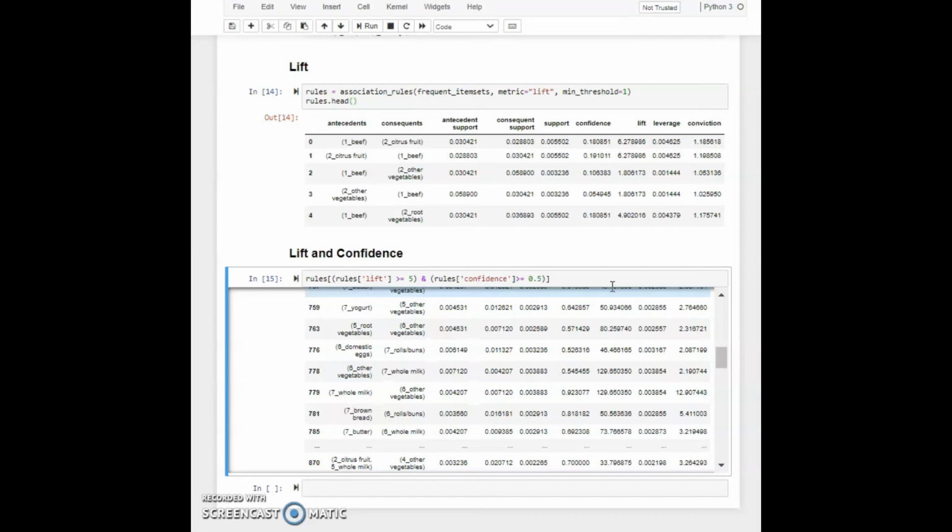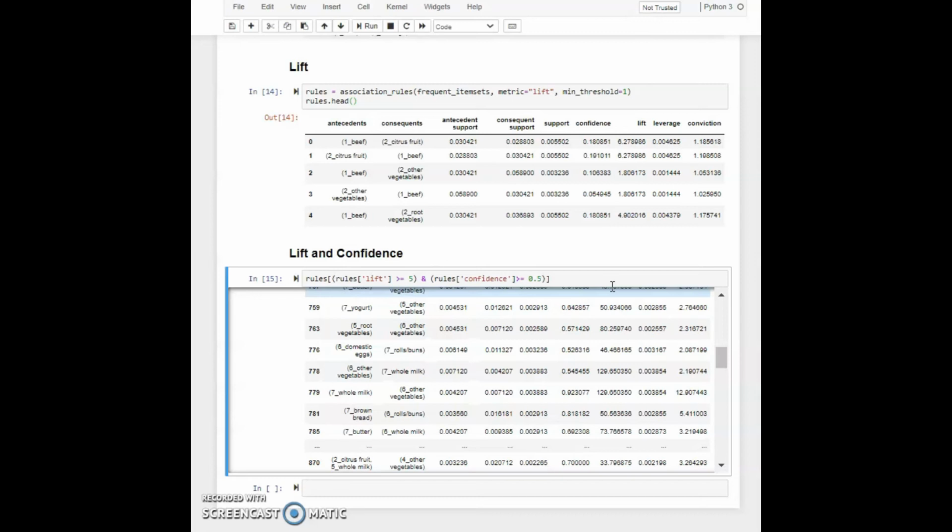So from our rules data, we want to create a filter that selects only rules with a lift greater than 5, and we also want to have a confidence greater than 0.5. So we only want the rules with a value of greater than 0.5 in the confidence field, and we'll print this out.